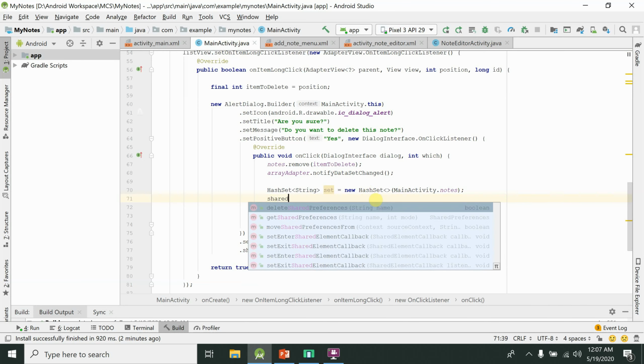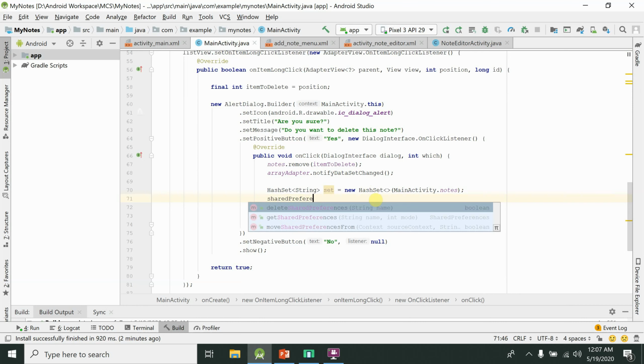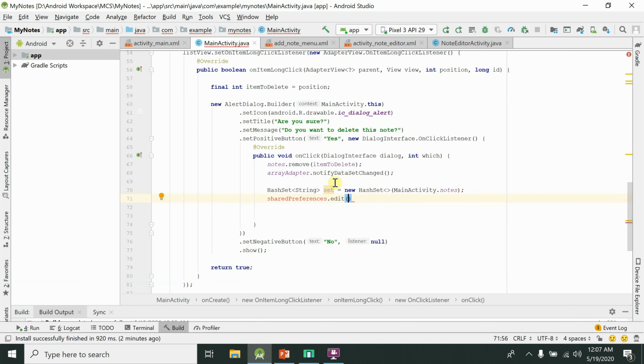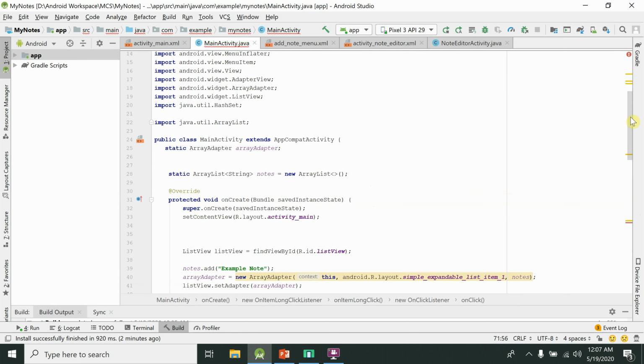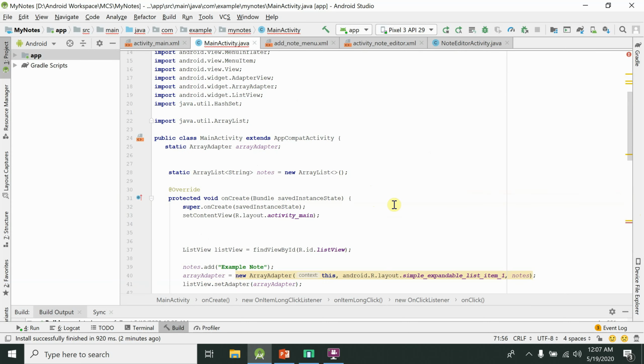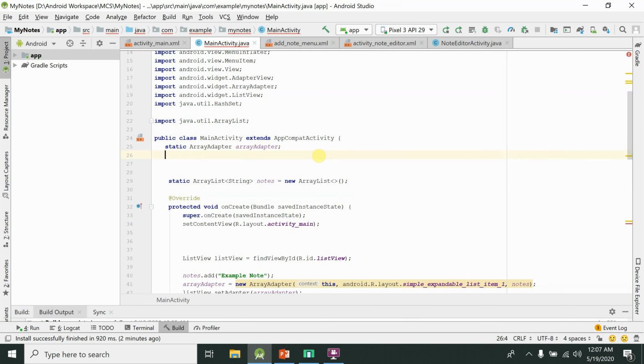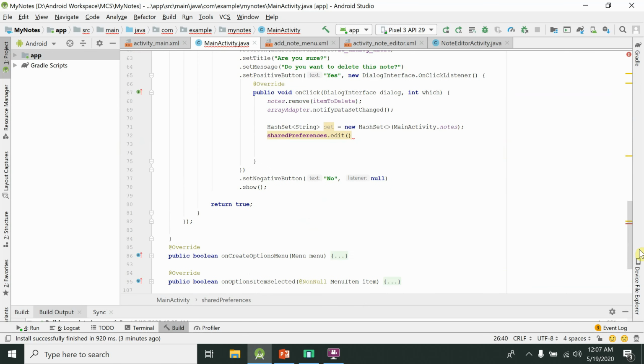So here I'm going to say shared preferences dot edit. We haven't created the shared preferences object, so that is why it is giving us an error. It would be better to go at the top and create a shared preference object over here. So alright, just write shared preferences, and that's it. And if I scroll back, now you can see that it has recognized that it is a shared preference object,